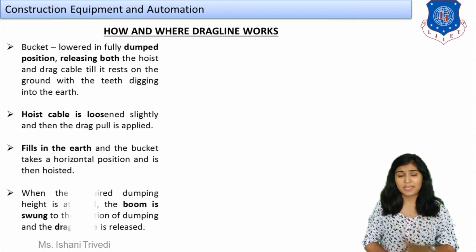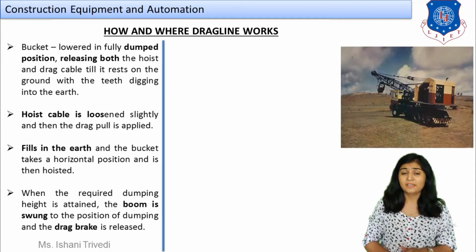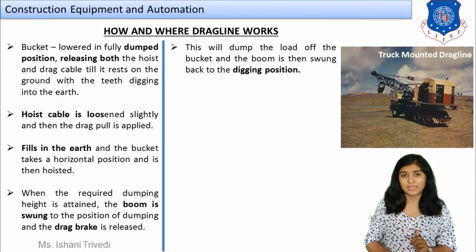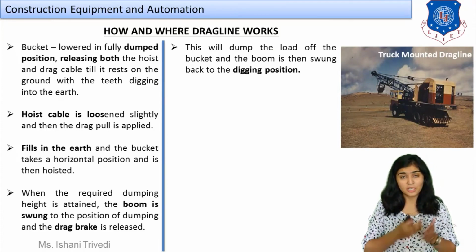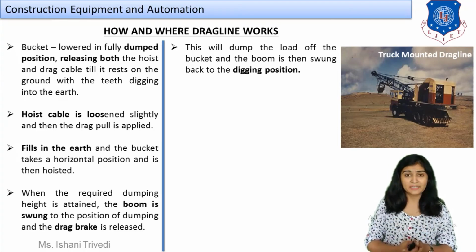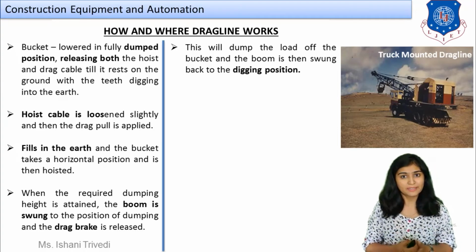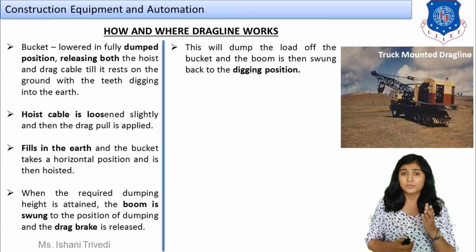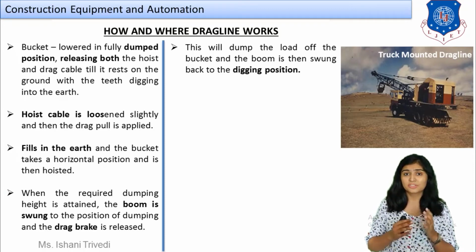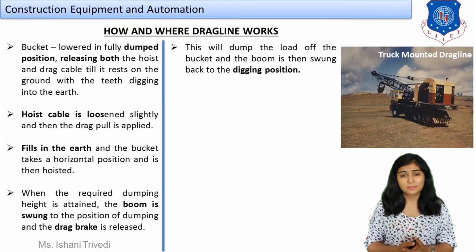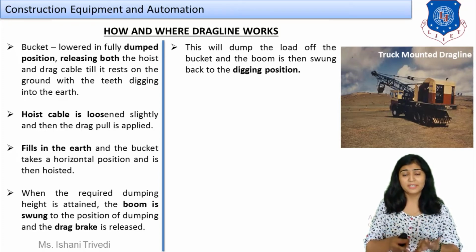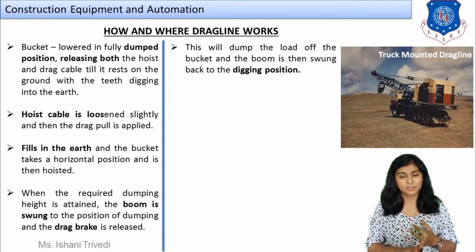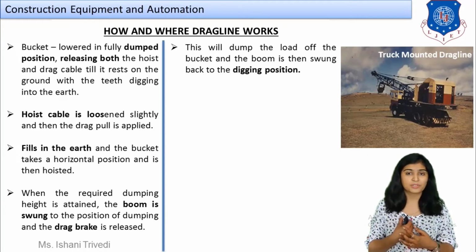I think with the help of the video clip, you already understood how the drag line works. But we also have to put it in technical words. We have to explain it technically. So we are going to do that now. And also you can see the image which is flashing just above me, that is a truck mounted drag line. Just like wheel mounted and just like crawler mounted, we have a truck mounted drag line. So the crane and the boom will be attached with the truck, and hence it becomes a portable equipment.